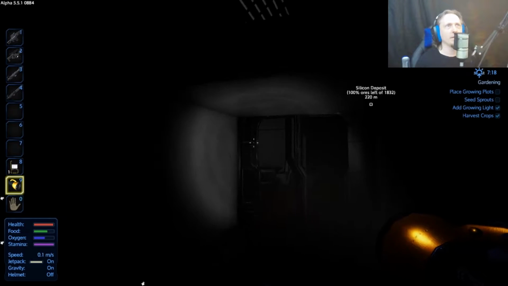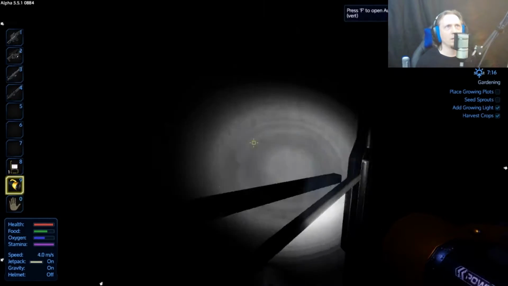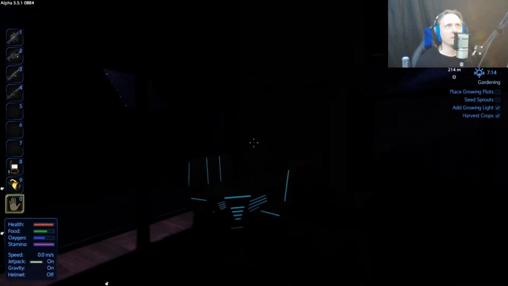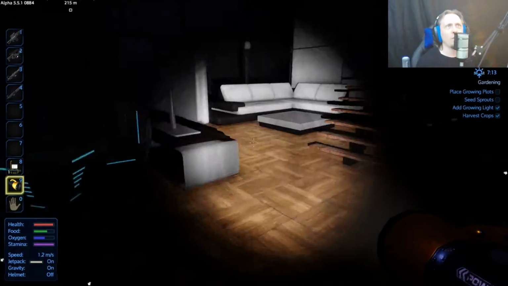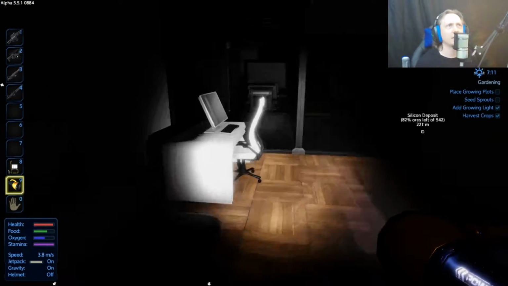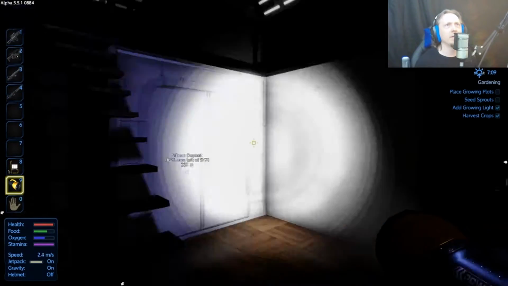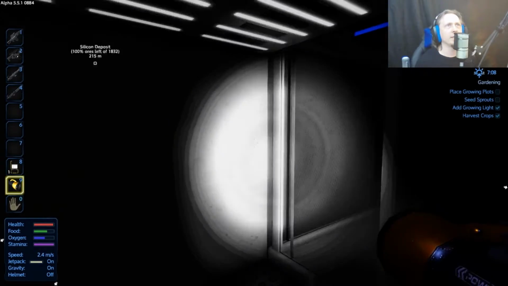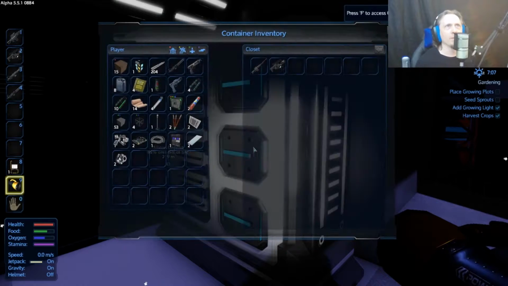Let me get my better flashlight out. Kind of hard to see in the dark. There's very little lighting in the place. Wrong faction or no core presence. That's the same thing that happens at the excavation site. And I should be able to then put a core in here, ideally, or find the core and remove it